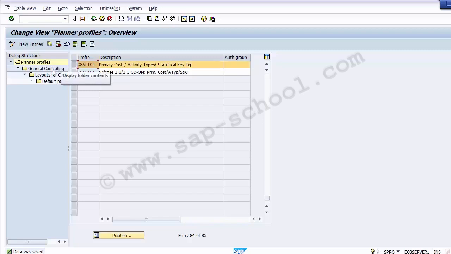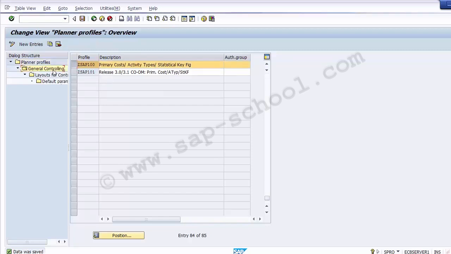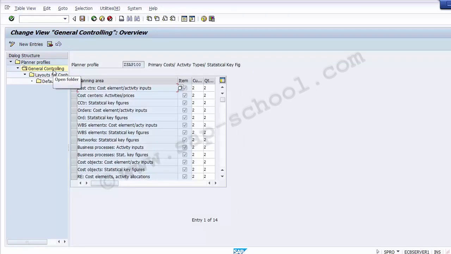and then we need to go to general controlling. Double click onto the general controlling. So once you double click onto the general controlling, it gives you the whole list of different planning areas for which the planning profile exists. And out of all these general planning areas, as you can see on the screen, the one we will be using is the first one, that is cost center, cost element, activity inputs. So we need to select this first option,